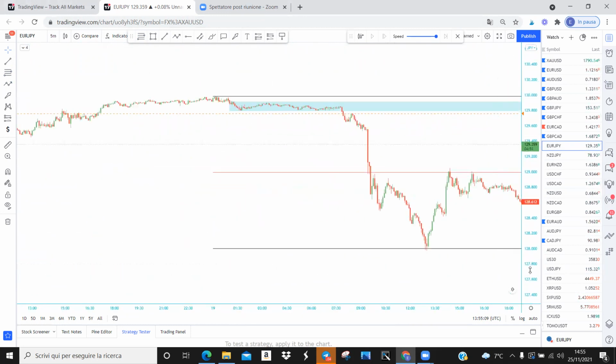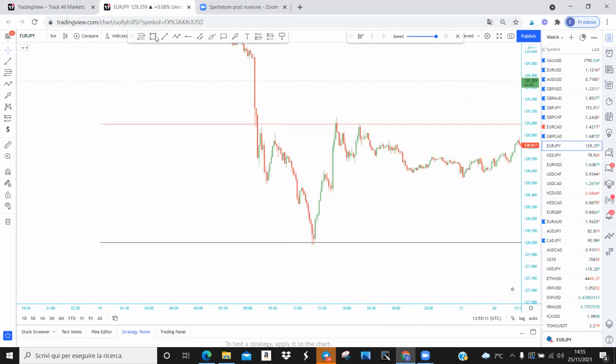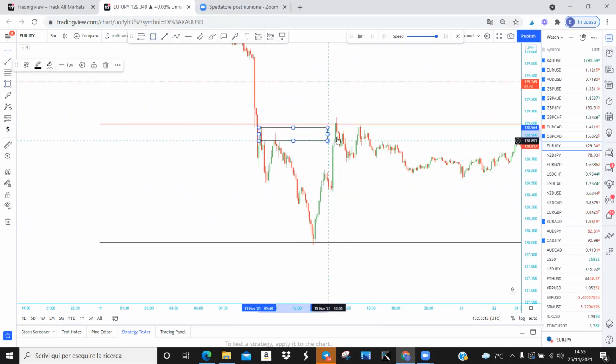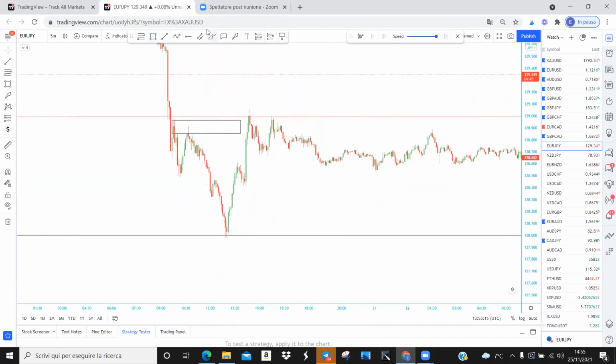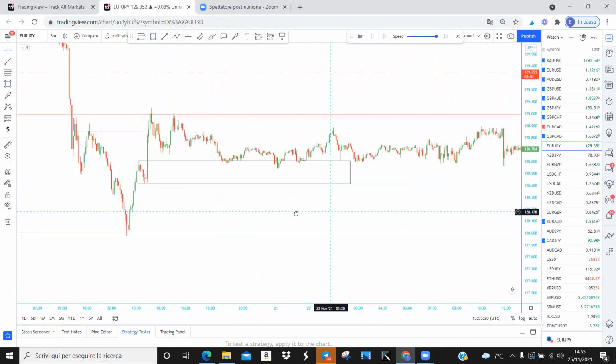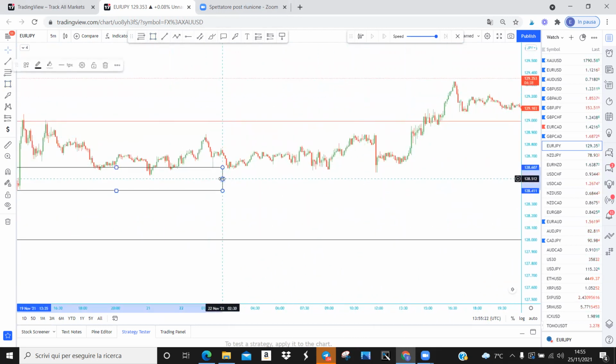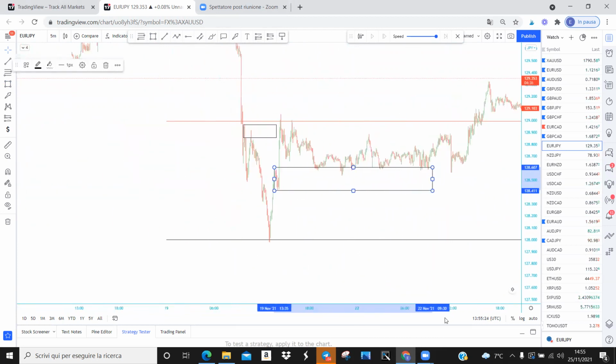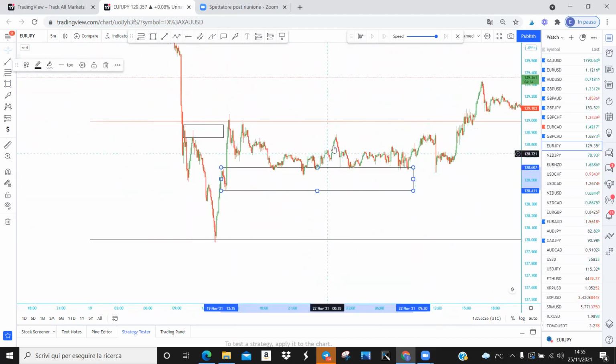Confirmation here is simply supply areas failing, as you can see, and this is the demand that failed that area. We come back to demand, and then we continue to the upside. Down here, we could have had some confirmation, probably this move to the upside. The move to the upside breaks the previous highs. We come back to demand